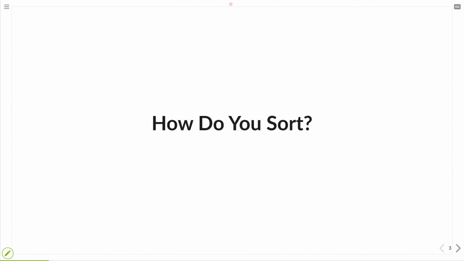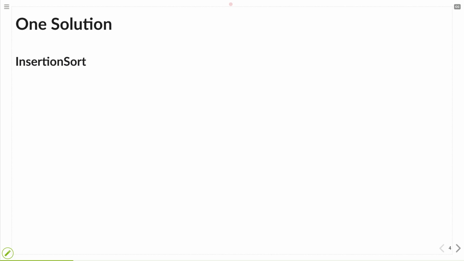Chances are you probably already know quite a few sorting algorithms, or maybe not. Maybe this is the first one. You might know selection sort, merge sort, heap sort, quick sort. All of these algorithms will feature in this course sooner or later, and probably you know even more sorting algorithms. But today is about insertion sort, and even if you know it, since we are going to look at the correctness, if you haven't seen the correctness proof for insertion sort yet, this lecture will have something interesting for you.